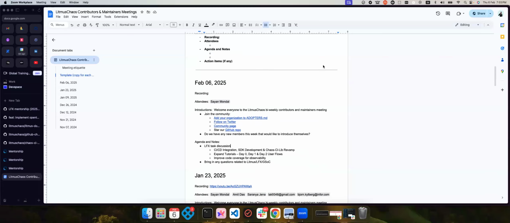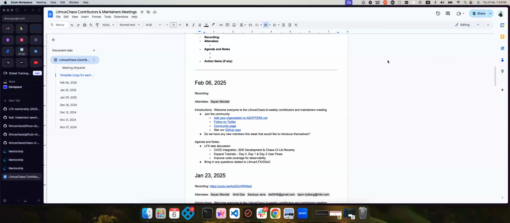All right, so this is the agenda. We have a very short agenda today. We were a bit slow on the feature implementation front, so we are pretty busy with some of the open source programs at the moment, like GSOC and LFX and stuff. So we wanted to give a quick update on that. And then a lot of people have asked questions on GitHub discussions and issues. So this could be one forum to clear them out.